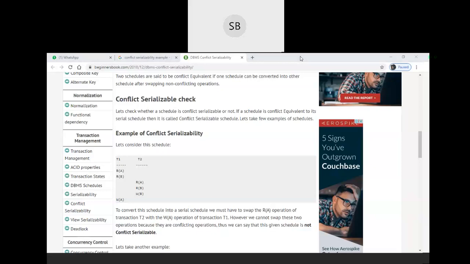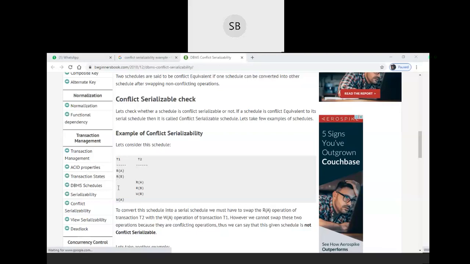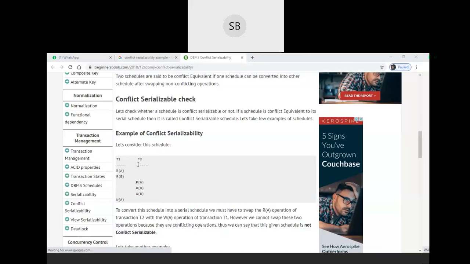For finding the conflicting pair, we should remember that the operation must be from two different transactions. Because in a particular transaction it can perform any number of operations, so it will not be conflicting. But if it is occurring in the other transaction, then it is a conflicting pair. For any conflicting pair, the operations are from different transactions on the same data item, and one of the operations is a write operation.